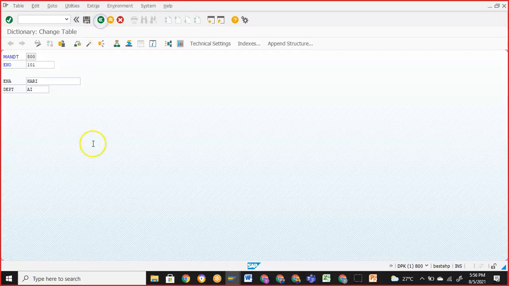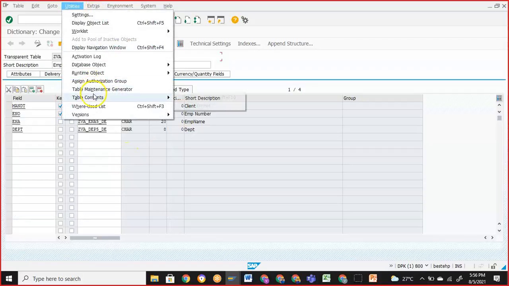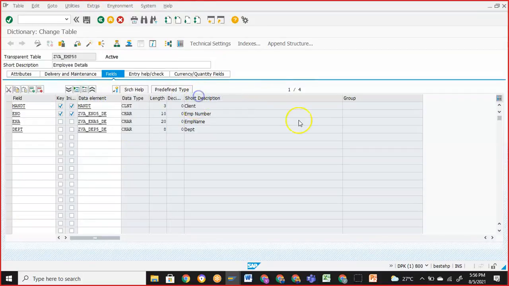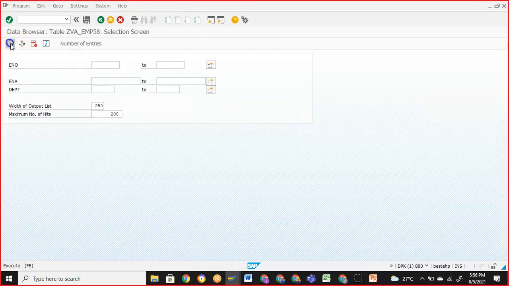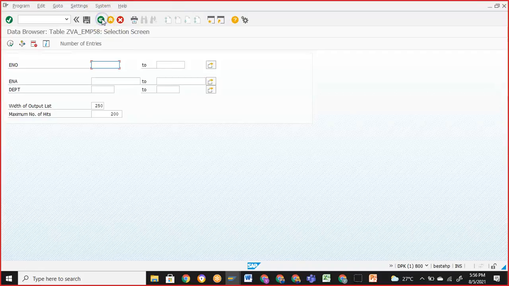That's it. So these two values you have entered. Utilities, table contents, display. If you click on enter, execute, we'll have these two entries, these two fields are there.